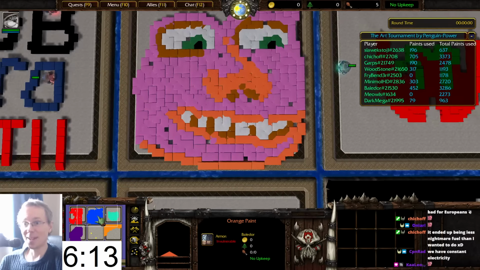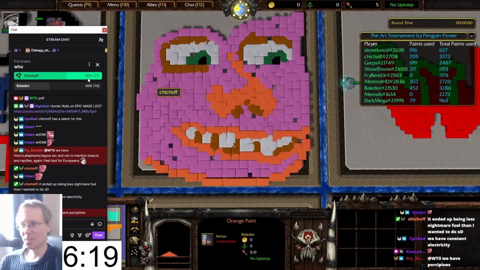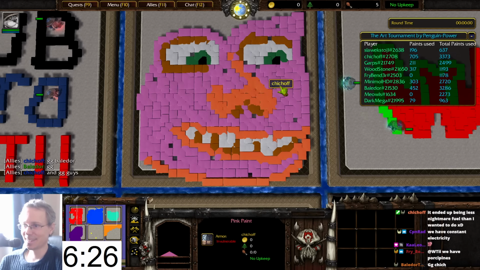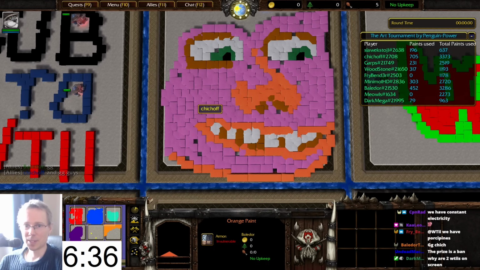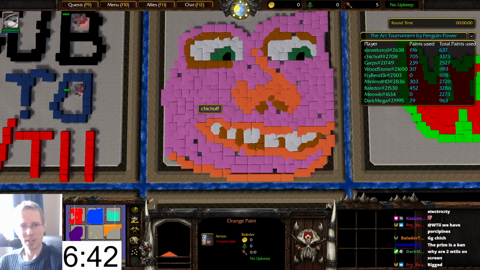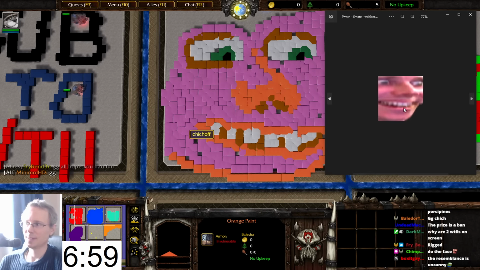Oh, it's quite close actually. Chichoff claims it with 60% versus Balador's 40%. That was pretty close. In case you aren't aware of what he's done there, this is Balador. I'll see if I can quickly bring up an image that would best demonstrate it. Okay. There we go. That's what he's